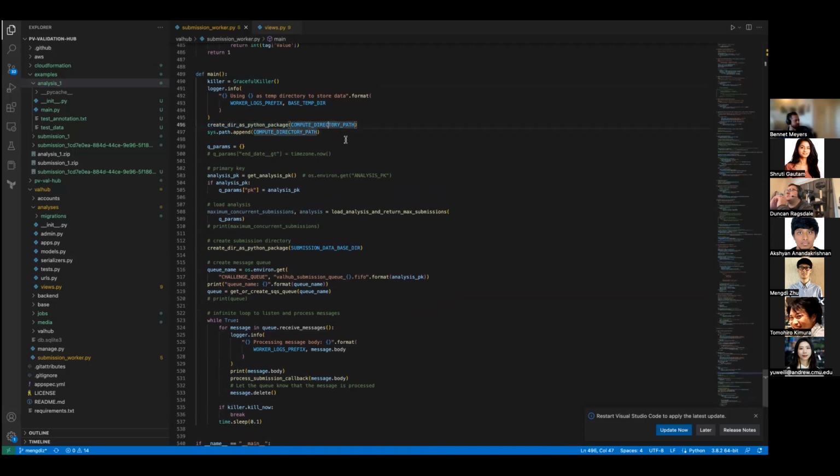Okay, so first you're creating the root directory, then in line 508 you're populating the analysis subdirectory, and then in 513 you're creating the subroot directory for all of the analyses that will later be uploaded. And then anytime somebody comes along and adds a submission, the way things are currently set up, it makes a new directory on this machine